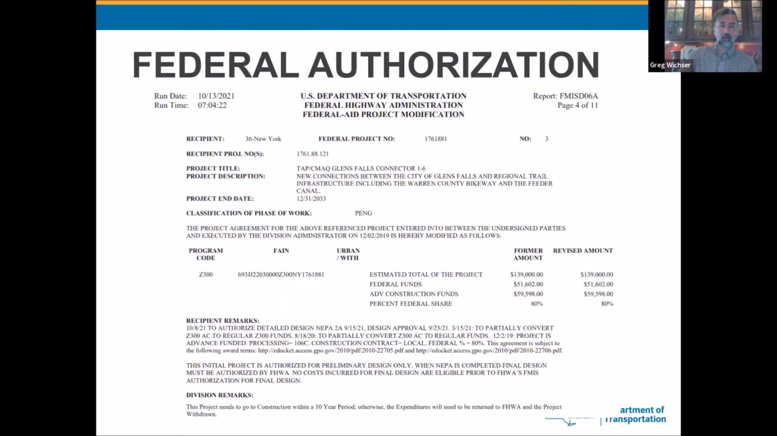Yeah. So the next one I was just going to hit on, this is an example of a federal authorization, which is the piece of paper you need to start a project before you incur any costs. It's just part of the federal aid process. And to start design, don't have your consultant actually start billable hours until you have the federal authorization in hand,